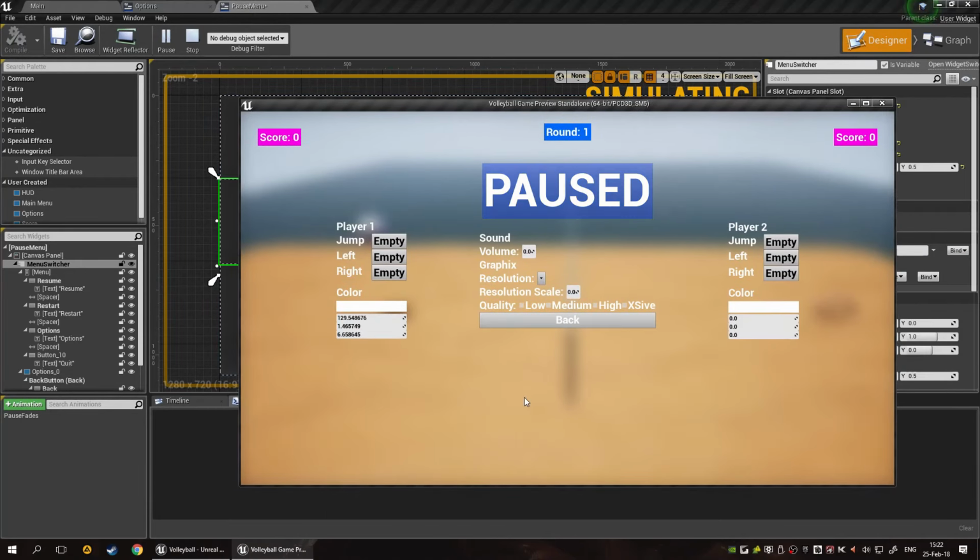Then, what else do we have here? Oh yes, of course, then we've got the sound. Now, the volume is going to be normalized, so we really don't need to have volume like this. This is a ridiculous volume, right? This is just insane. So we're going to be running from 0 to 1. Graphic-wise, we need to grab the resolution. We can't actually fill out any resolutions that we want. We need to be able to support player-specific resolutions, because somebody can play this on an old monitor, on an old rig. Somebody could be playing this in like 4K, right? So basically, we need to be able to fill this up with the supported resolutions, and we also need to be sure that these resolutions are valid. Then there's the resolution scale, which is frankly the easiest